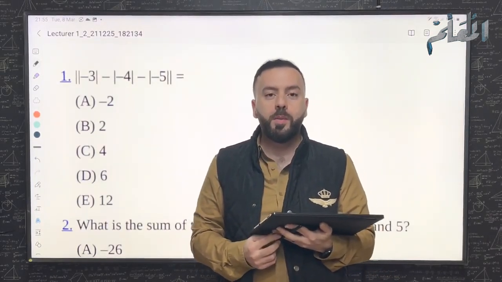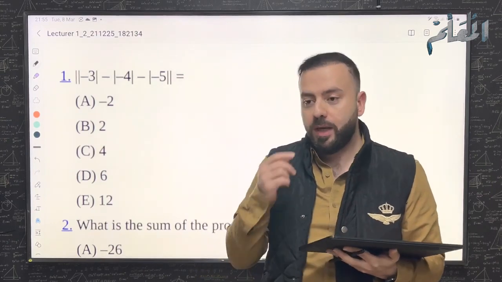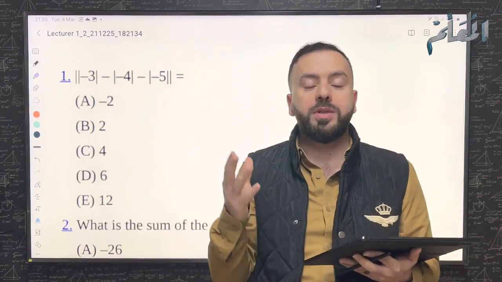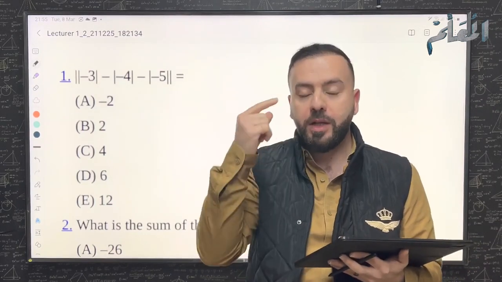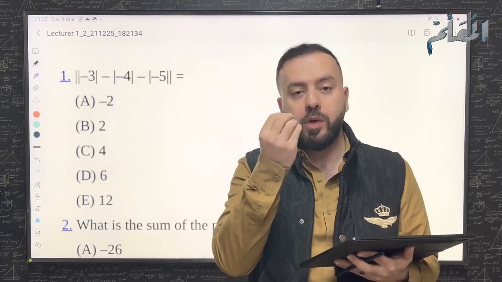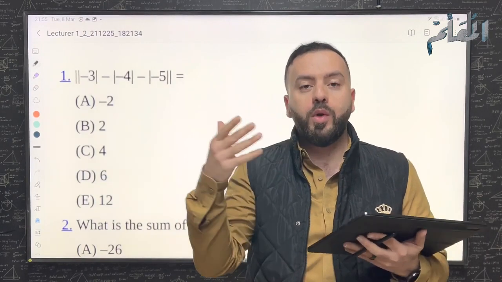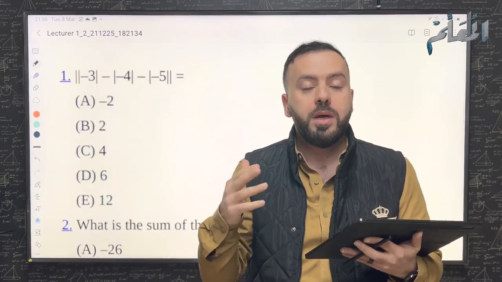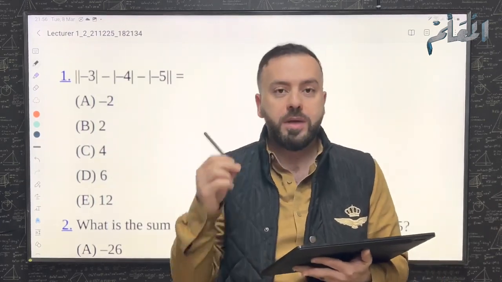Today we are going to talk about chapter 1 in M1, which is numbers and operations. It is just about how to deal with basic operations, how to calculate simple logarithmic operations, PEMDAS, and how you can connect between powers or exponents. We can see that in the questions, inshallah. Okay, first of all,